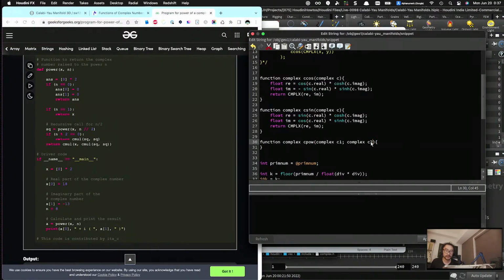No, actually this last one should be a float value. Yeah, right. Okay, and